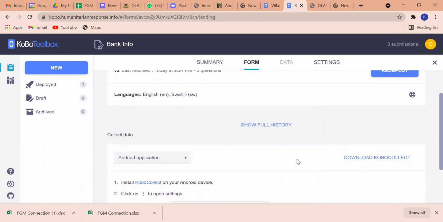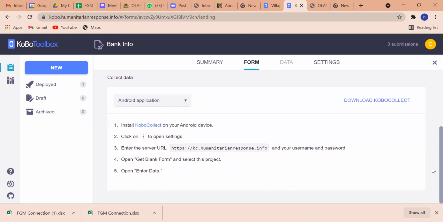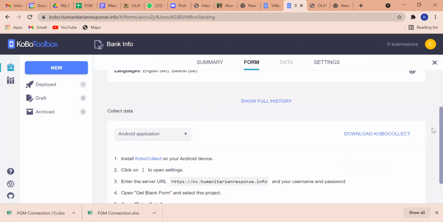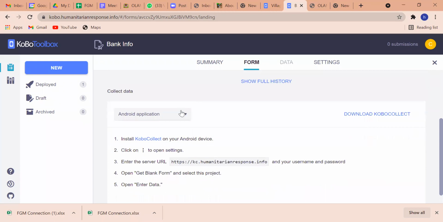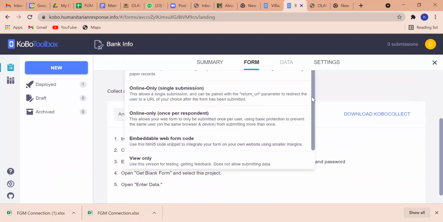If I select Android application, it gives me some details, like you have to install KoboToolbox or ODK on your Android smartphone, and then it gives you instructions which you have to write. But if I want to just share with people online and offline without, you know,